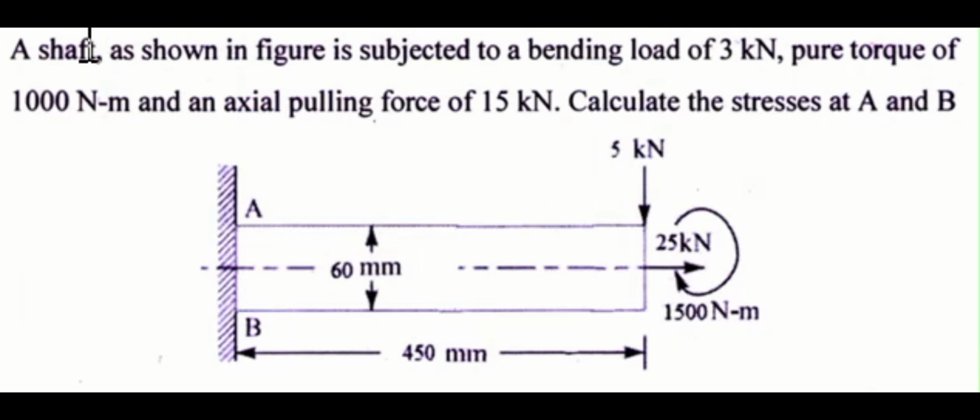Hi all, this is a previous year DOM question. We have a shaft which is subject to bending load, axial load and torsion load. You can see from the figure that the axial load is 25 kilonewton. Bending load, I mean the force that causes bending, is 5 kilonewton, and a torsion load of 1500 newton meter is also applied. Total length of the given bar is 450 mm, and the diameter of the